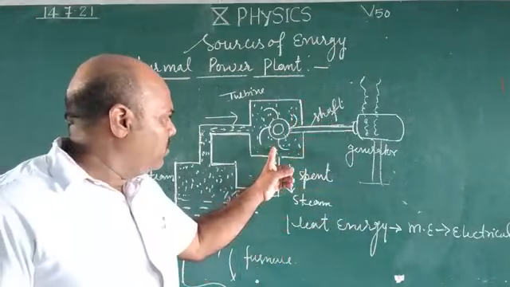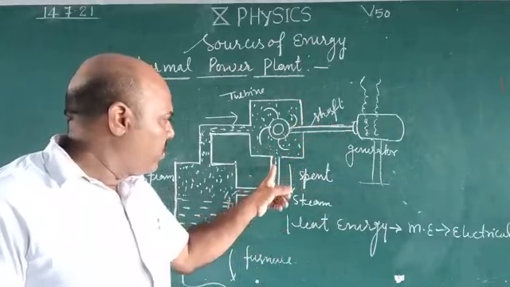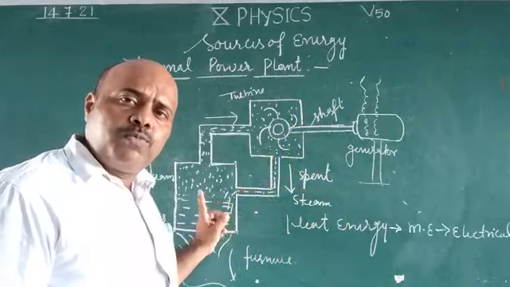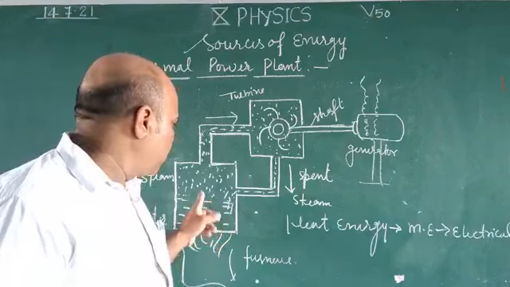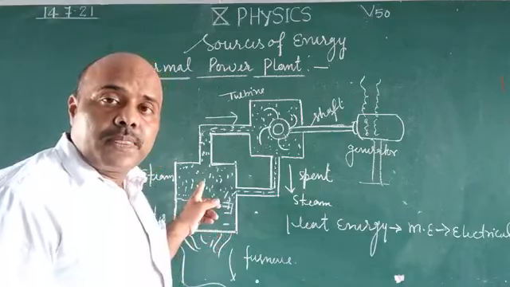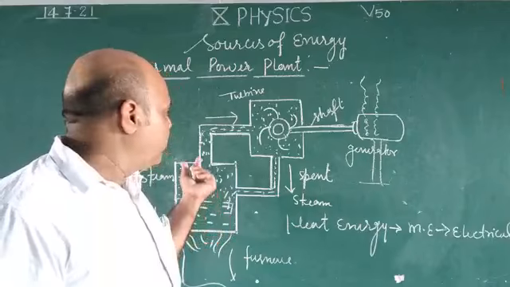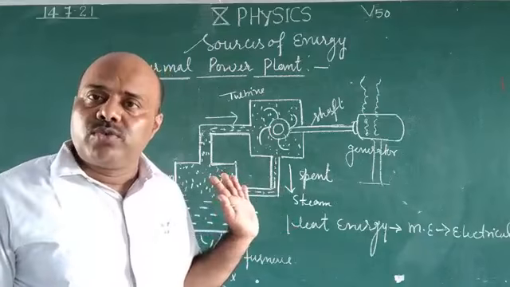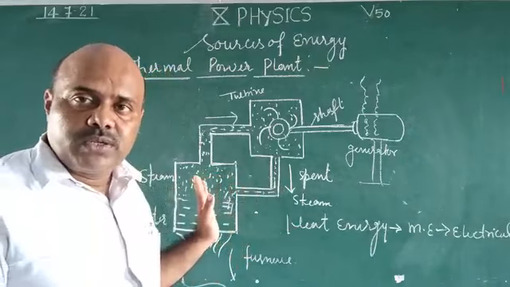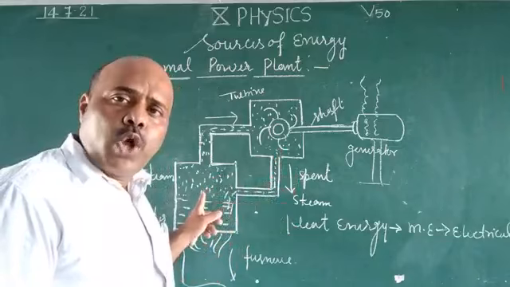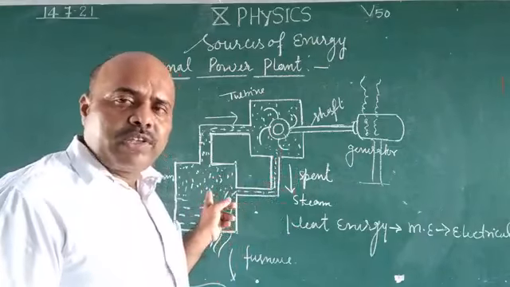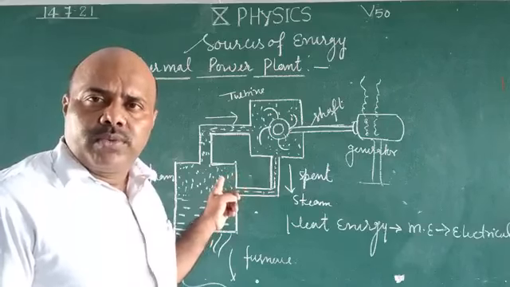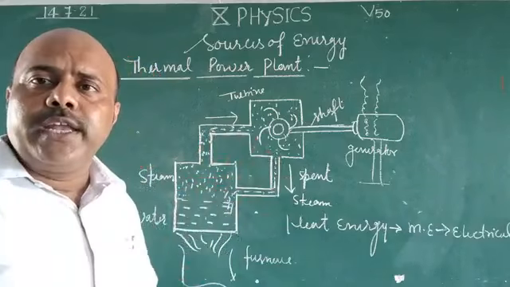Here the spent steam or the cooling water falls down in this turbine, in this boiler tank, and now this water becomes steam once again by heating, and now the steam is prepared. So here there is not any wastage of water, because the spent steam comes down and falls in this tank. Once again the water becomes steam, and this process repeats again and again.